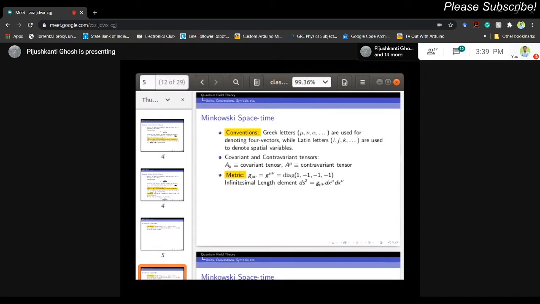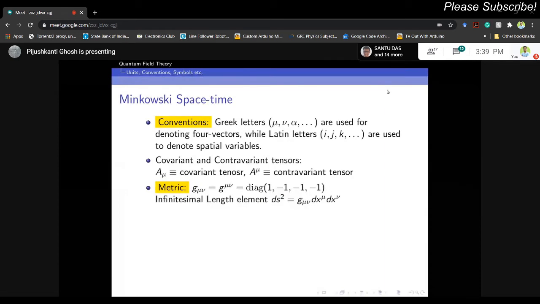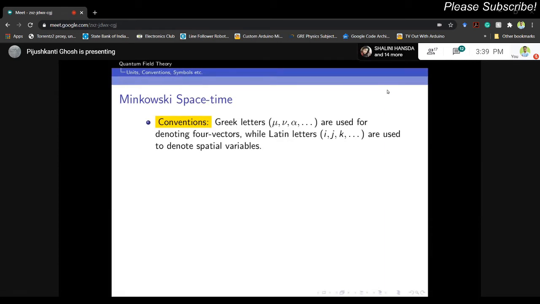I'm expecting a positive answer. Yes, sir. When you studied special theory of relativity, you came across Minkowski space. Okay. Now, my convention will be that I'll be using Greek letters mu, nu, alpha, beta, gamma, delta, all these things for denoting 4 vectors, because